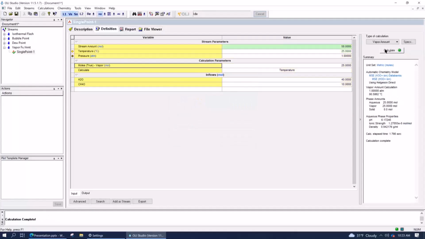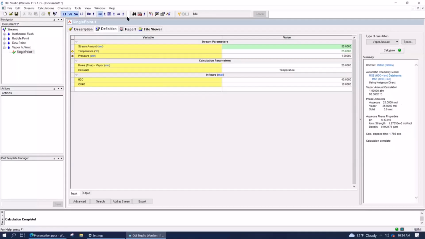When the calculation's done, you look at the phase amount in the summary section. Again, make it a habit. Always look at the right-hand side after you do a calculation, just to see what the important stuff is telling you. You've got a 50-50 mixture, liquid versus vapor. The temperature for the state to exist is 90.586 degrees Celsius at atmospheric conditions. Also look at the pH, 6.17. We'll chat about that in just a second.